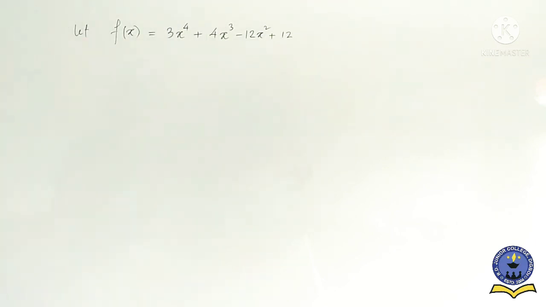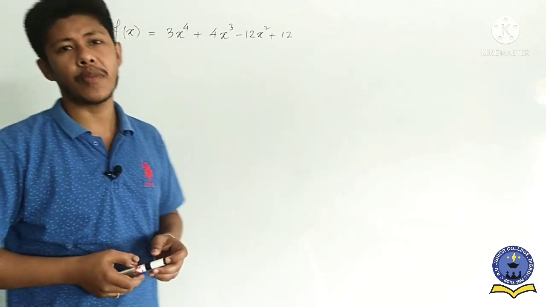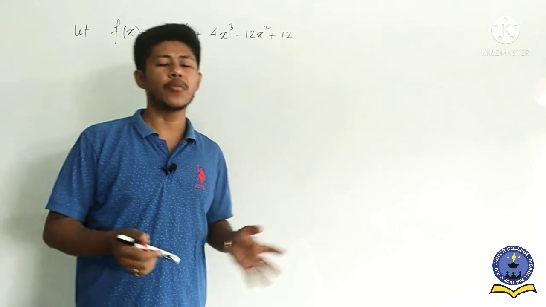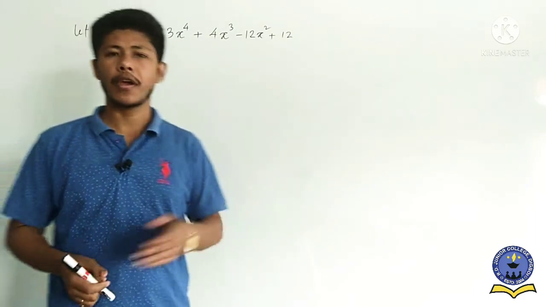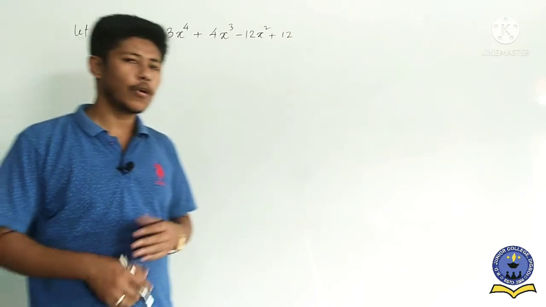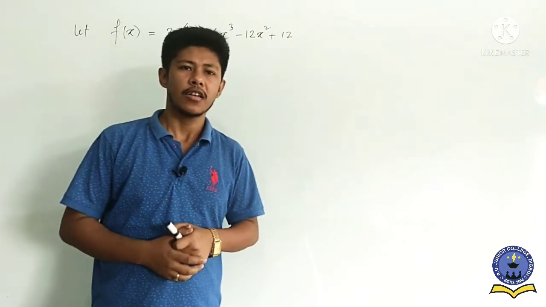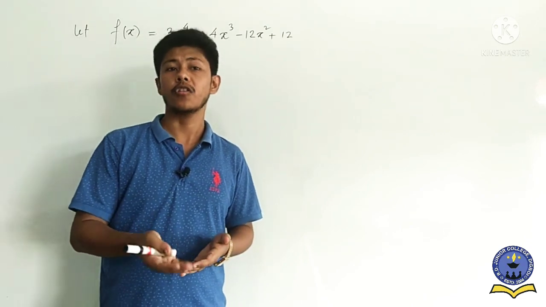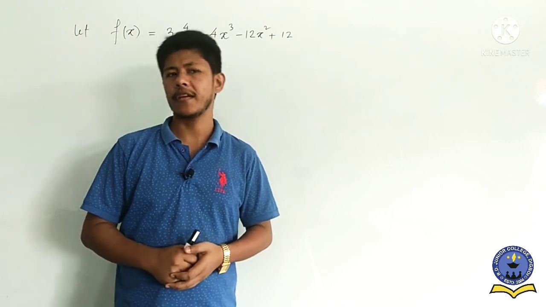So f(x) equal to this is the function, and we have to find the local maxima and local minima. There is a lot of confusion between the first derivative and the second derivative. Which method should we apply in this question, especially for local maxima and local minima? Always, when a maxima and minima question is given, if the question says find a local maxima, not maximum, then we apply the first derivative.